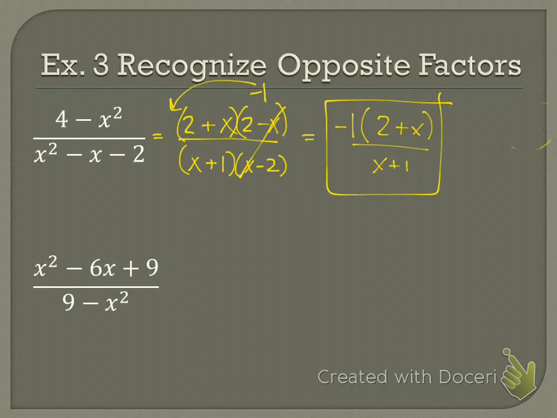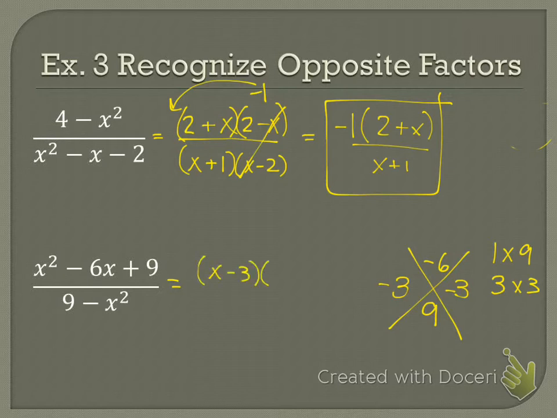So on the last problem here, we're going to do the exact same thing. I want you to tell me what you see that I need to do. You need to factor? I need to factor the numerator. So negative 6 up top, 9 on bottom. What are the factors of 9? 1 times 9, 3 and 3. Which ones do I choose? 3 and 3. They're both negative. Very good. So we're going to write x minus 3